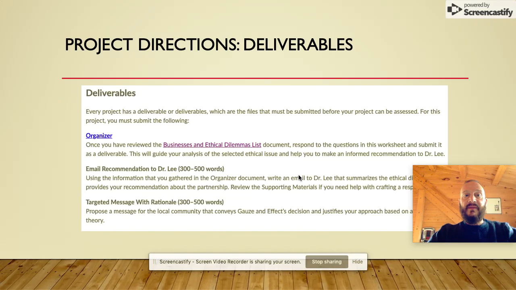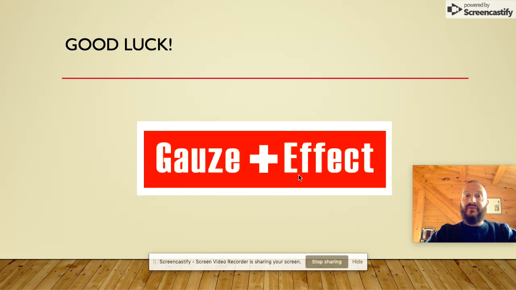When you're ready to submit, there'll be 3 deliverables: the organizer, the email, and the targeted message. A note about the email: you can put it into a regular text document format like Microsoft Word. It doesn't need to be an actual email. If you use sources, like for information on the company or information on the ethical theory, you should document those sources with in-text citations and reference pages for each deliverable where the sources were used. You can simply add the reference pages to the documents themselves instead of uploading the reference pages as separate files.